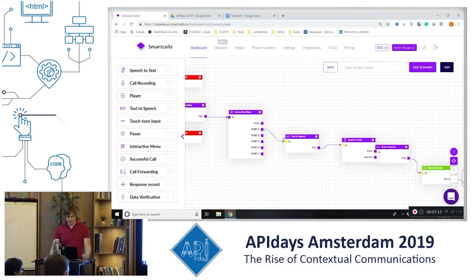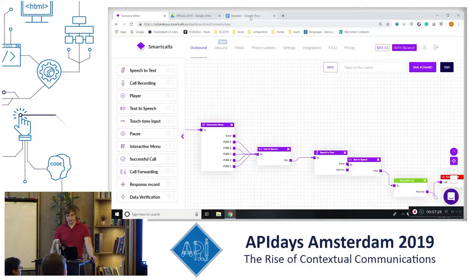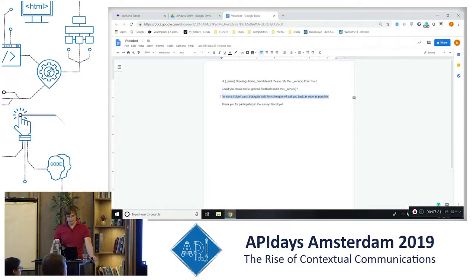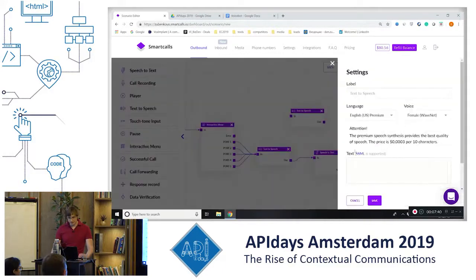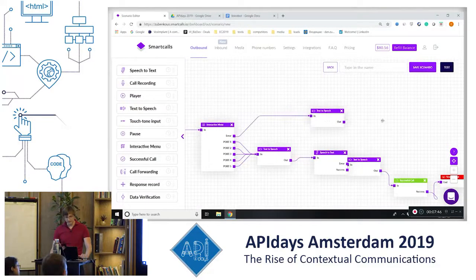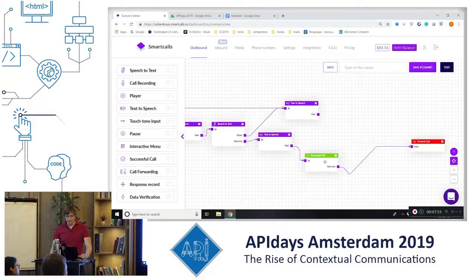To make it simpler, we put everything here, and later I can show you how, using the data modification block, we can have all the information about the call here. And the one thing left: if something goes wrong and the recognition works badly, we can once again tell it to the customer. We can tell it in that case, and in that case. And then we can handle this